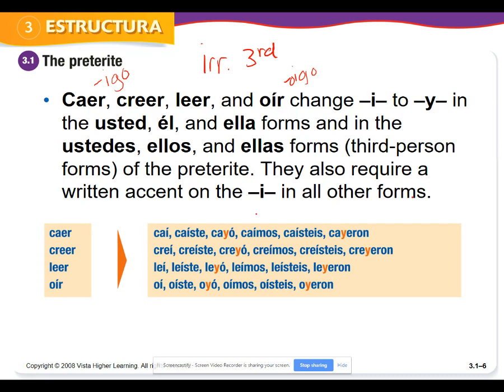Essentially, with these verbs, if you look in third person singular and third person plural, it's going to have a spelling change. If you didn't give it a spelling change, you would have ió or ieron. With these verbs, notice that if you do that, you have the verb caió. All right, what happens is in Spanish you have these three vowel combinations. There's a fancy word for it. It's called a triptongo.